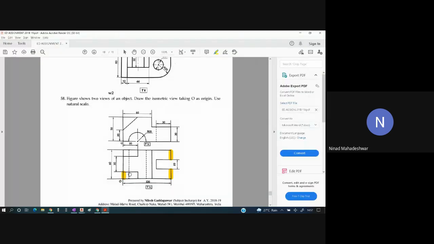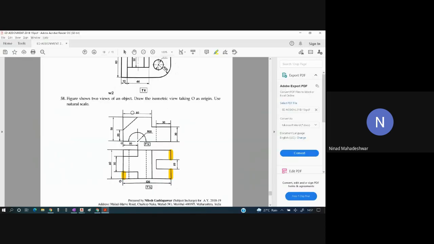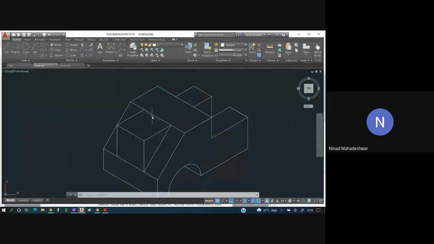So this has gone inside by 15, this has gone inside by 15, so that we have drawn the triangular part which is protruding outwards. This part over here is seen from the top view as a rectangle, this part also is seen as a rectangle. The only part which is left is this T section. You can see this as a T section over here. Over here we have not drawn this as a T section, so control A, the extra part we are going to trim. So this is how we have completed the part.